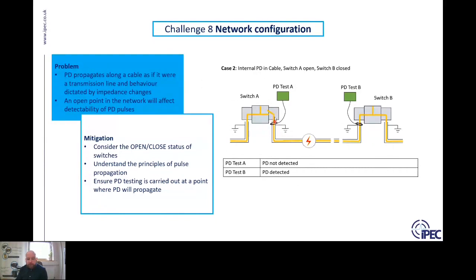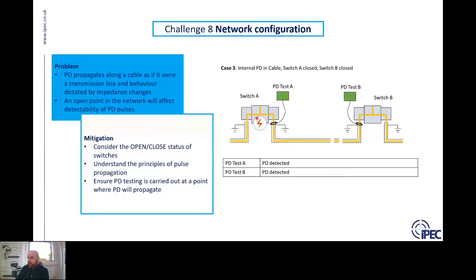switch A point. If it was closed, so case number 3, this is where we've got a PD inside the switchgear. Switch A is closed. We will detect the PD at test point A. We'll detect the PD at test point B, because this switchgear PD will be induced onto the cable, travel through